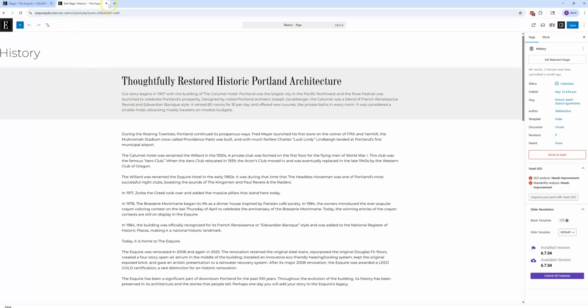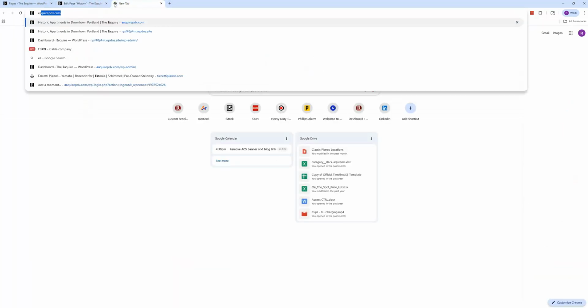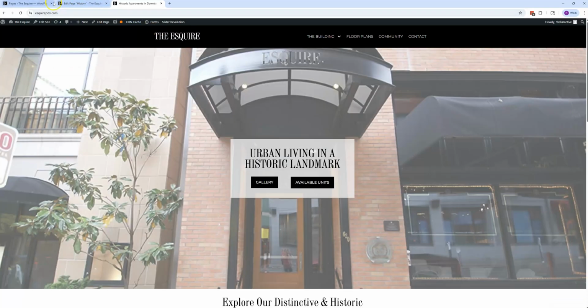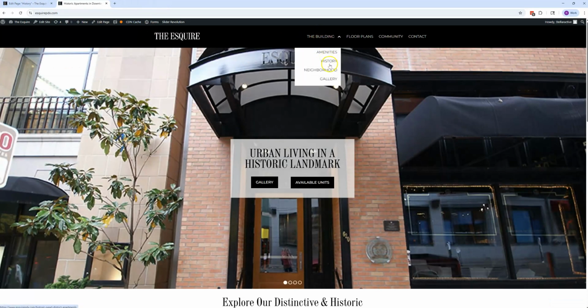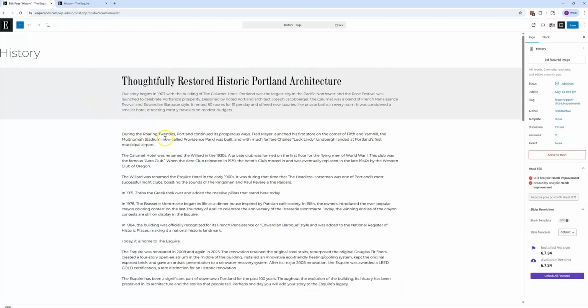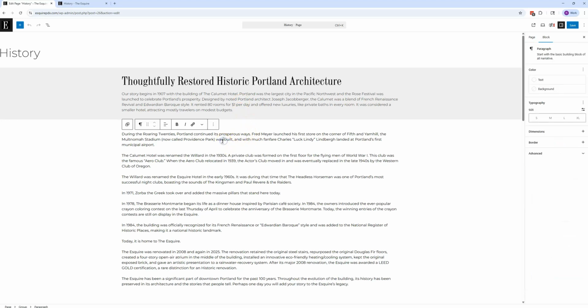And then I also just like to have the front end of the website open as well, so that I can just kind of go back and forth between the edit view and the live view. So you can tell this looks a little bit different. You don't have to open the block like you did on the other one. You can literally just click right in here and